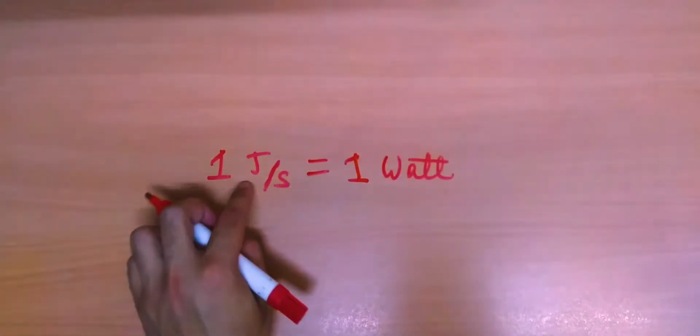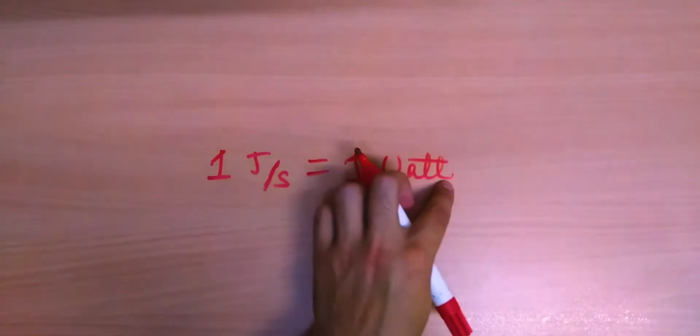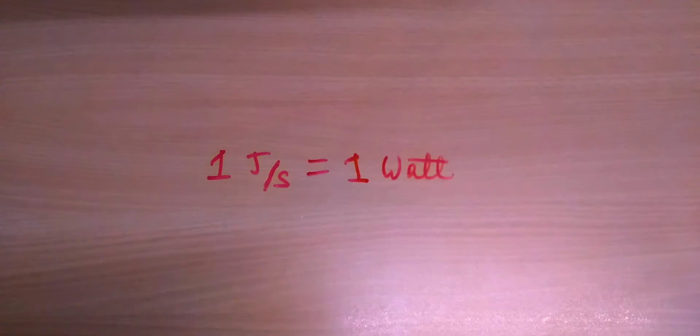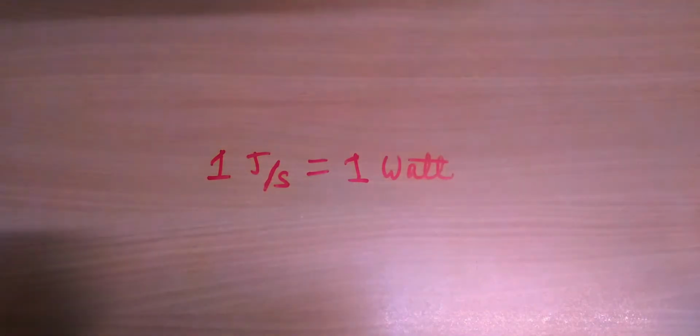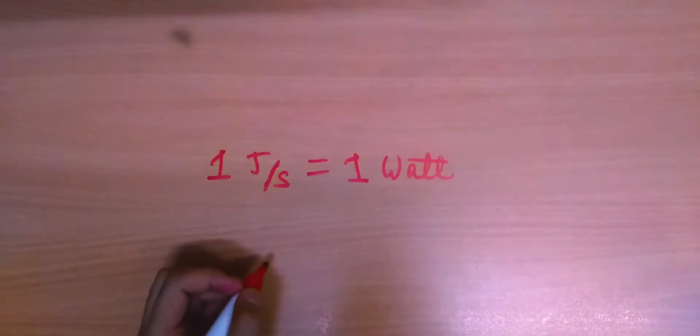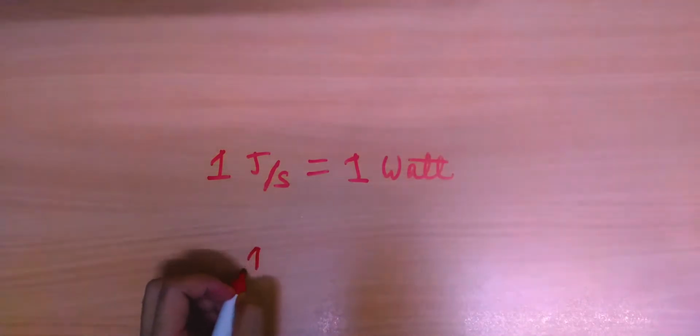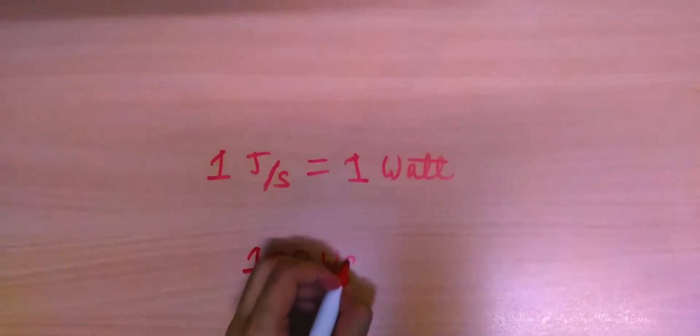We call this unit, joules per second, 1 watt in honor of Mr. James Watt. You might also have observed the bulbs around you. The bulbs that we used earlier, not nowadays, were incandescent bulbs, the yellow color bulbs, and they were generally 100-watt bulbs. You might have heard people say 100-watt bulb, and various such figures.